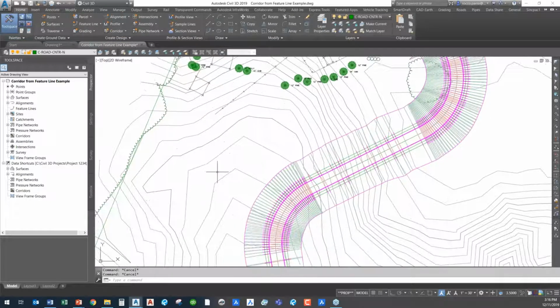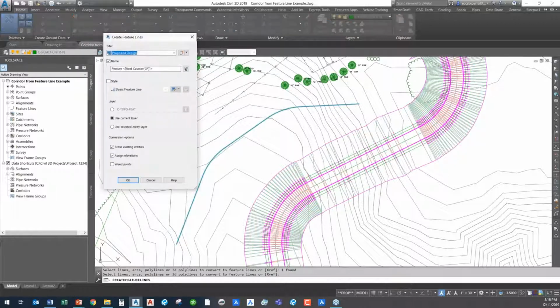So, just to recap, all I normally will do is, whenever I have a 2D layout, go in and do your 2D layout. In a case like this, maybe I'm filleting with a radius of 150, and setting a polyline just to generate a line. And all you have to do is go into your feature lines. If that's a 2D layout of your center line and you're pretty sure that's where you want it, I'm just going to go to my feature lines and create my feature line from object,